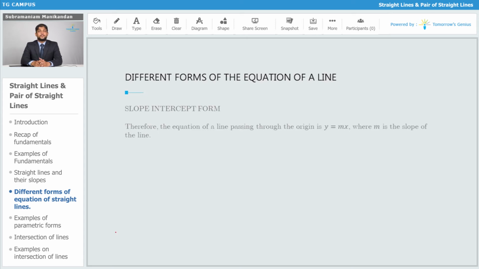So the equation of a line which is passing through the origin will always be of the form y = mx. There will not be any constant part. So when we have an equation of the line of the type, say y = 5x or y = -(1/2)x or something like that, then we can be sure that the line passes through the origin. If there is a constant term in the equation of a straight line, then we can be sure that the line does not pass through the origin. And conversely, if there is no constant term, it means that the line passes through the origin.